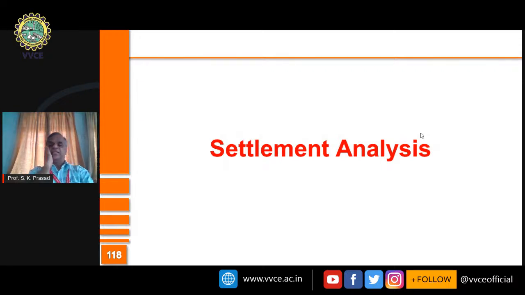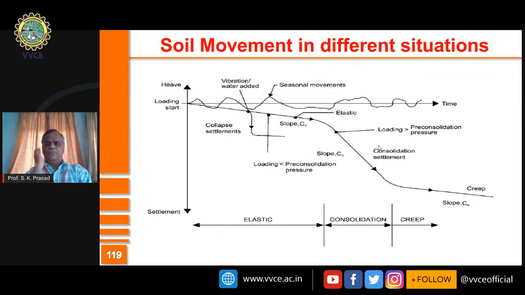We have to see to it that settlement is within limits, but we should be able to calculate settlement under different situations. So that's what we'll see now, how settlement is to be determined and what are the different types of settlements, and whatever settlement you determine, if it is within limits, okay. If not, we may have to think about some improvements. So settlement is the vertically downward movement of the ground, which in turn causes the vertically downward movement of the building, either partly or fully.